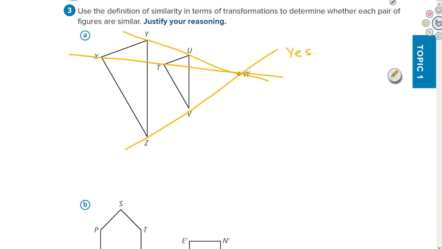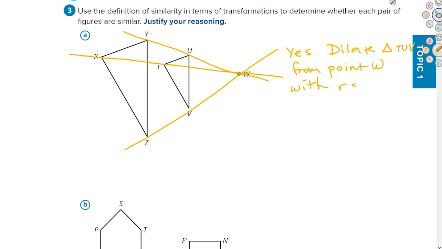The transformation you do is only one, it's just a dilation. And you can go XYZ onto TUV or TUV onto XYZ. I'm not sure which way to see it. I'm going to make it get bigger. So I will dilate triangle TUV from point W